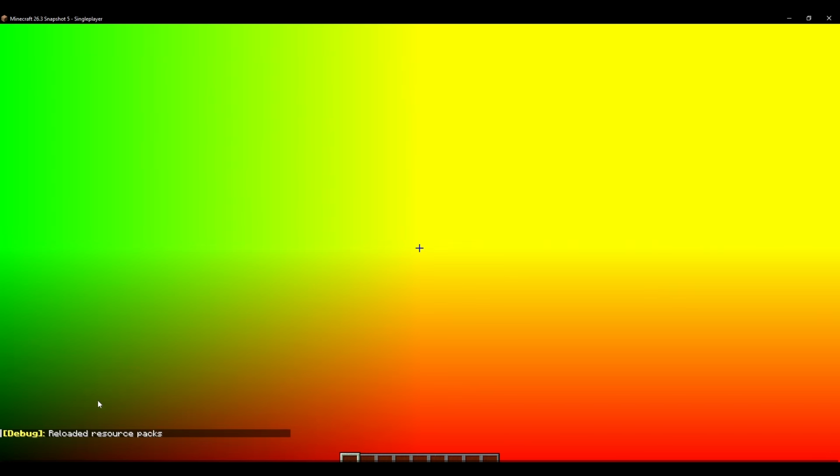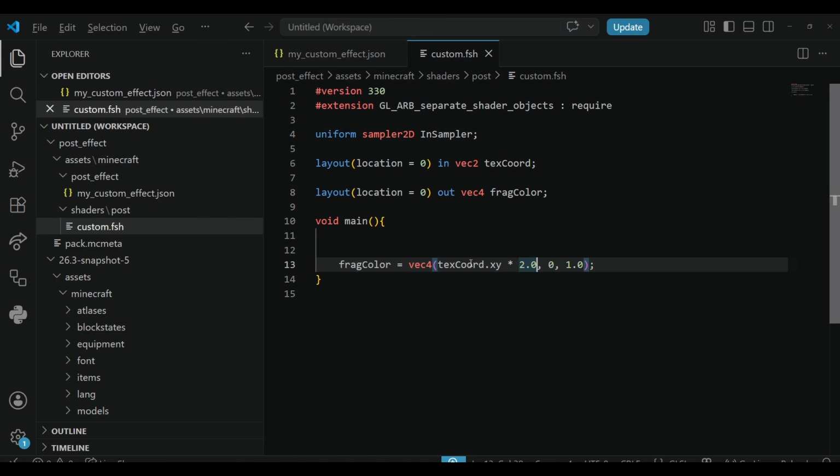So now you can see everything is a bit brighter, and it just takes half the time to go from fully black to fully red or fully green, and then for the rest it just stays fully red because it's larger than 1. And while using this, you can already do some simple shapes, like when you go back to